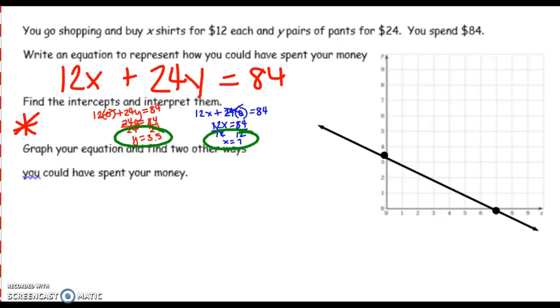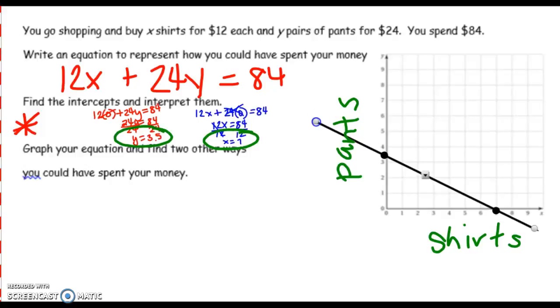So I need to say that the bottom, the x-axis, tells me how many shirts. And over here I've got my pants. And we know we can't really buy 3.5 pants, so that doesn't work very well. But I want to find a place, and my line may not be perfectly straight. This is where a ruler is really going to come in handy. I want to find 2 other places where I have